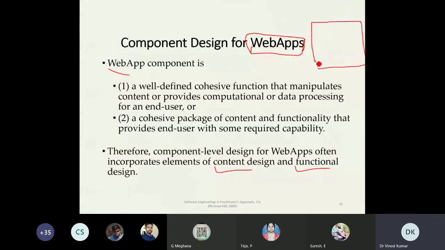You can visualize any website, say for example your college website or any financial websites or sport websites, there will be different content design. They will be grouped in different areas in the pages. So in that there will be some functional design also that will be functioning.